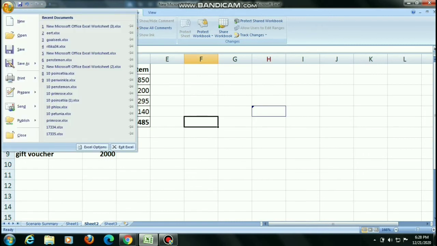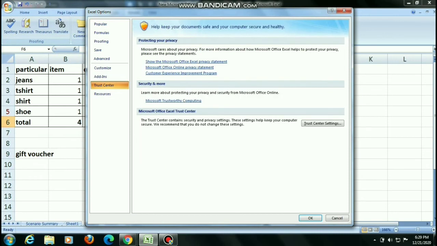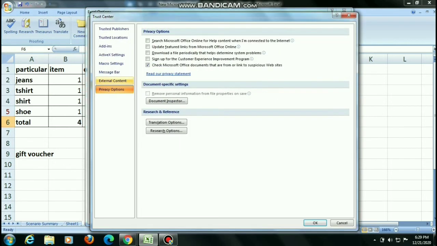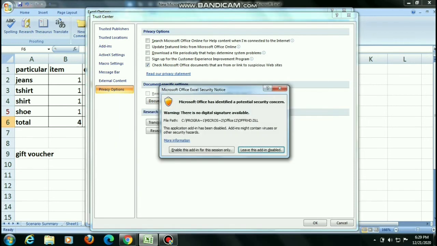You will click here on the Office button or File tab. Children, in the Excel Options you will click, here is Trust Center. Click on this one, and in the Trust Center you will click Trust Center Settings, and here is the Privacy option; click on it. If you find Remove personal information, the Document Inspector, enabled, you have to disable it.